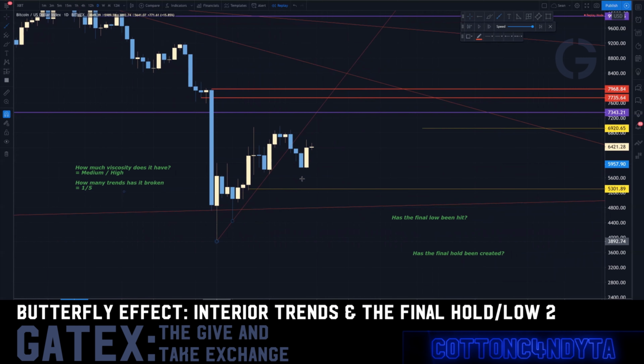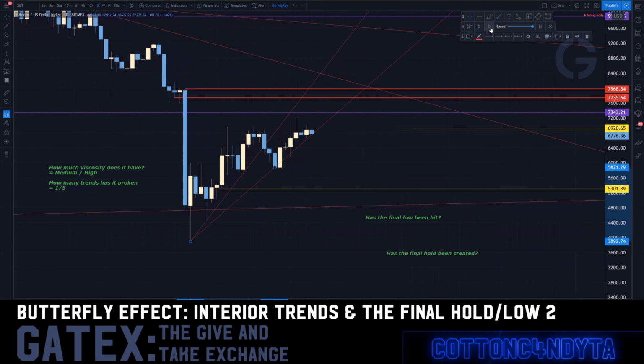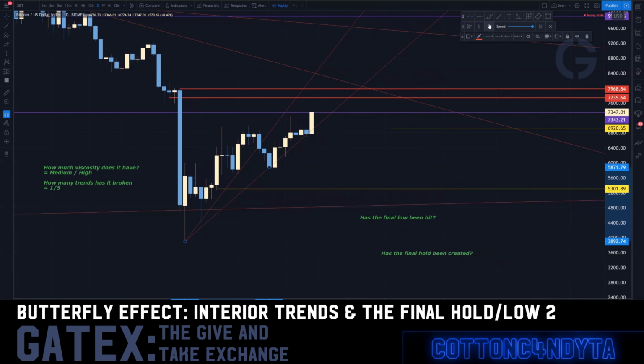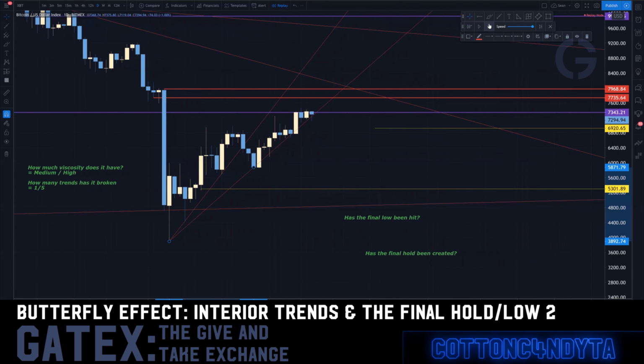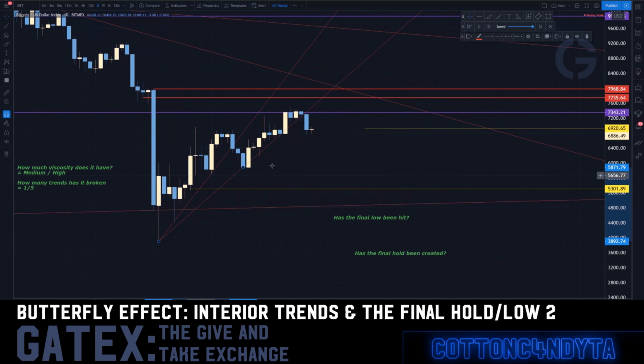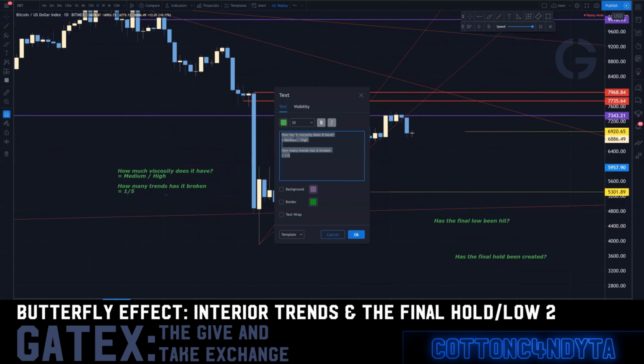Okay, so we have our next point here, right? Broken 1 trend. Let's look at our next trend. The viscosity and the way it can hold this move is still high. So it's still a great trend, and it's still moving up in a very big way, and it hits its level, right to the bottom of the trend, and bang, breaks. Okay, now it's broken 2, and 5 isn't our final number.